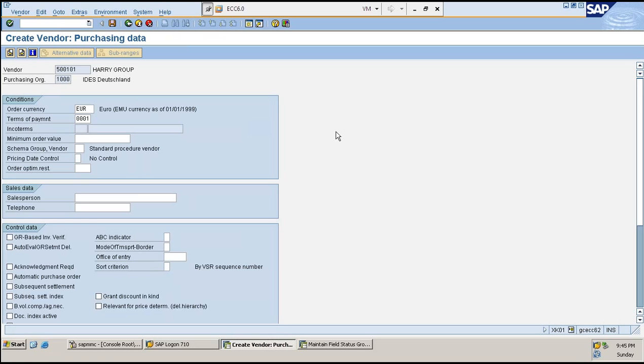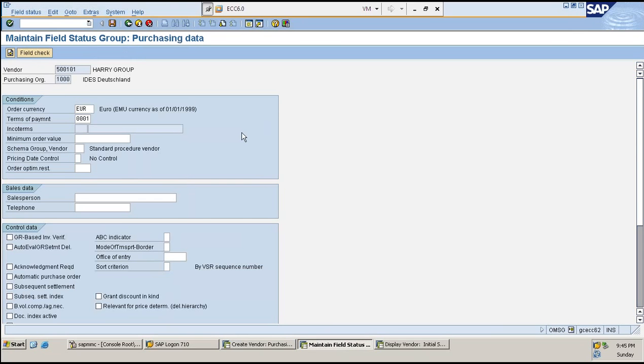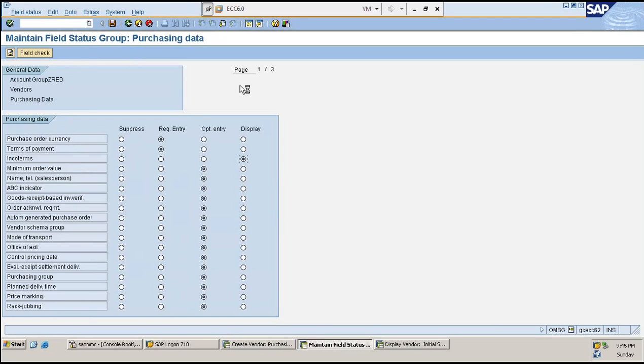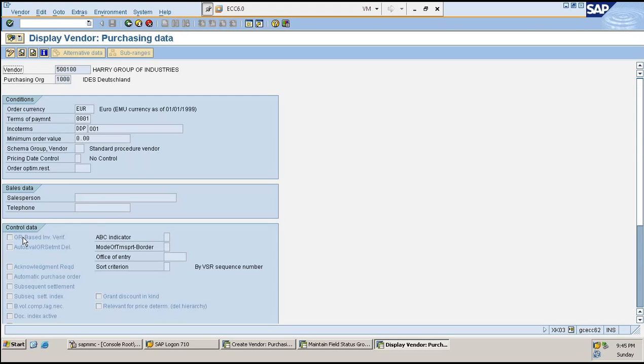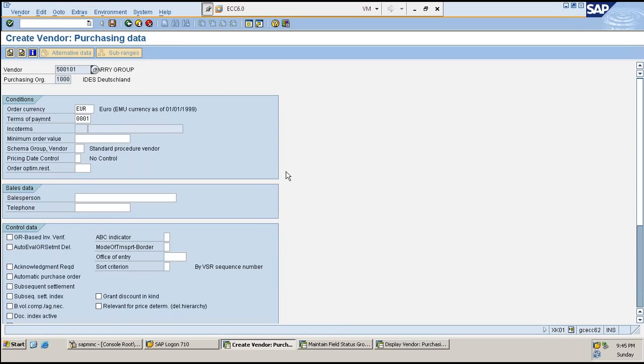Why? Did I save 100? Yes, I did save it across. 1 minute. 100 is the reference, I can check where we made changes. I'll check it across, whether I made any changes or not. I'll directly go to purchasing data. It's there. Then why is it not coming here?